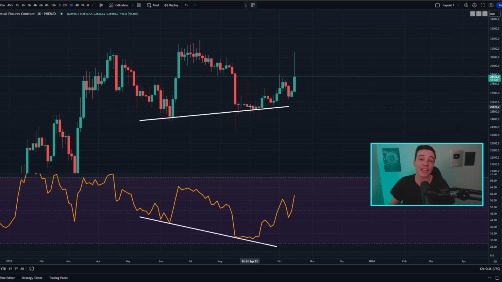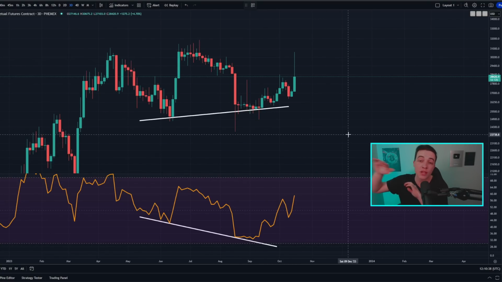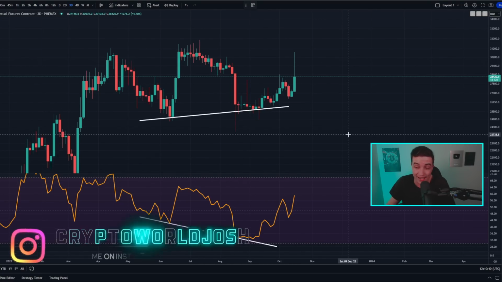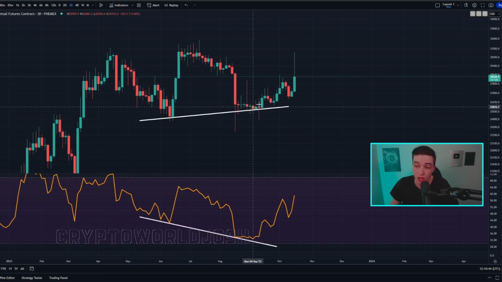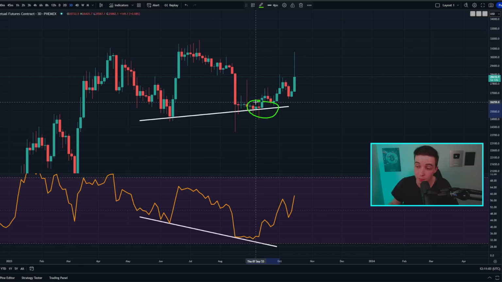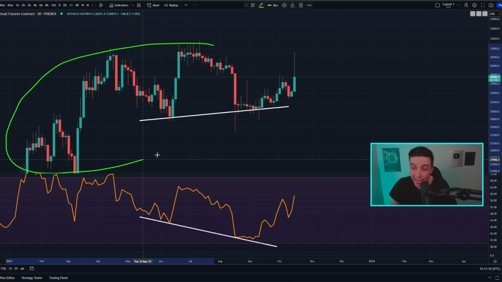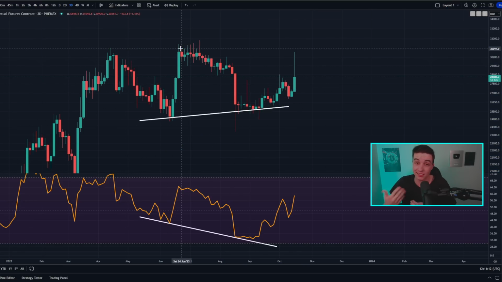But anyway, getting back into the Bitcoin part of this video, this is on the 3-day Bitcoin chart, and right now this hidden bullish divergence is still technically playing out on the 3-day time frame. And so like I said, over a month ago, when this hidden bullish divergence confirmed on the 3-day chart, this basically means we're due to see a continuation of the much larger bullish trend that has been playing out since around the end of last year and the beginning of this year.